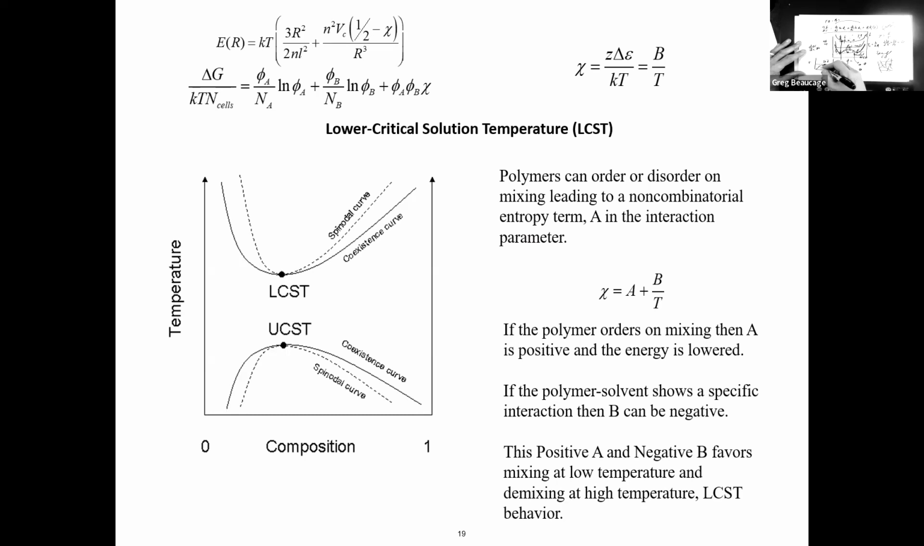Each temperature here is one of these curves, and you find those 2 points, and you can also find these inflection points for the spinodal, and that'll be inside of it. So you have the spinodal here, nucleation and growth there, and the critical temperature at the top. That's called an upper critical solution temperature, UCST. So anyway,